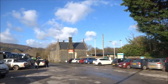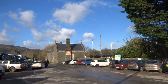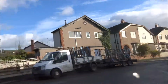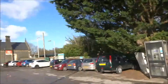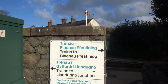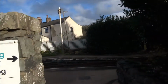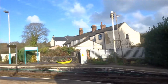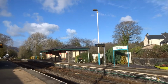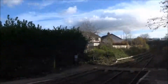Over there is the Llanrwst railway station. I'll just go over and have a quick look at it. Okay, this railway line runs from Llanrwst out to Llandudno Junction, and then on to Llandudno. Actually, there's two railway stations in Llanrwst. There's North Llanrwst, and I think there's the...